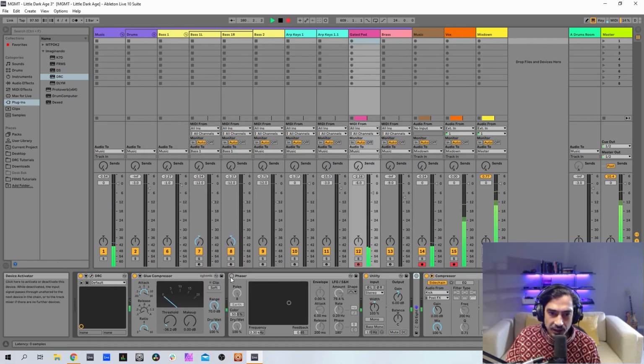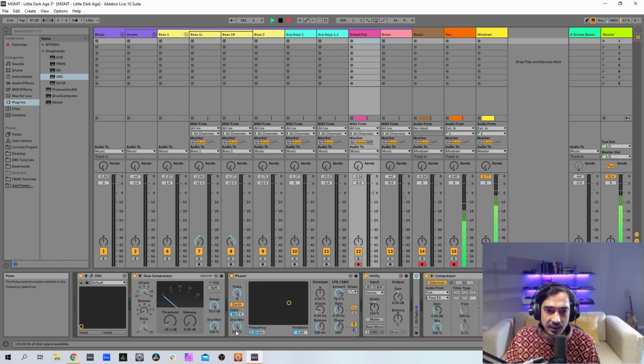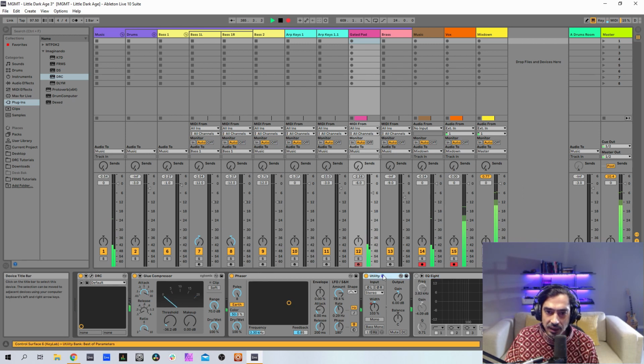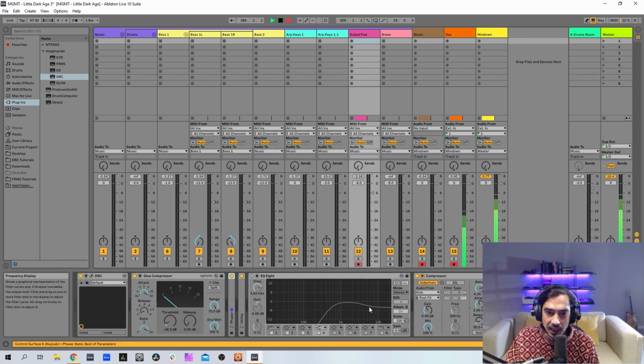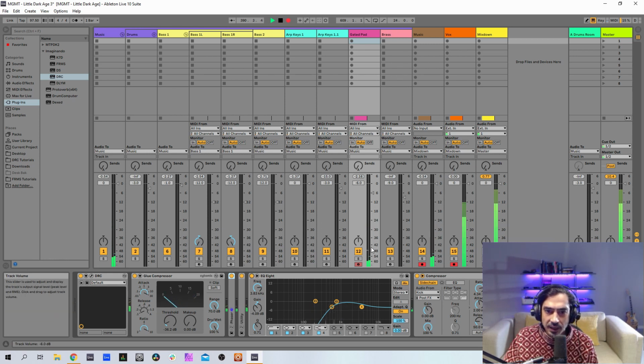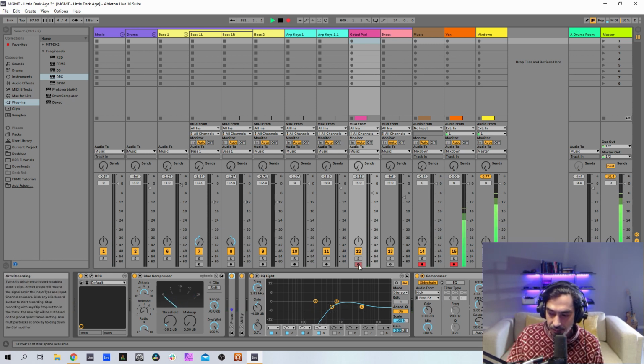And now we can turn the phaser on, which is an 8-pole phaser with full wet, an LFO amount of 79.4 with a rate of 0.29. Okay? And now we turn the equalizer on. As you can see, it's a high pass with a little bit of filtering on the top. Okay? And finally, let's go to the brass sound.